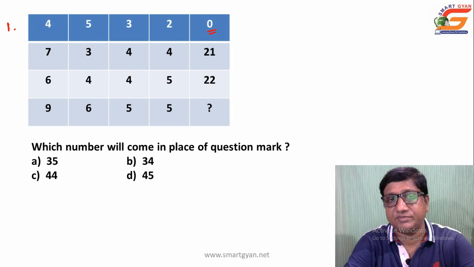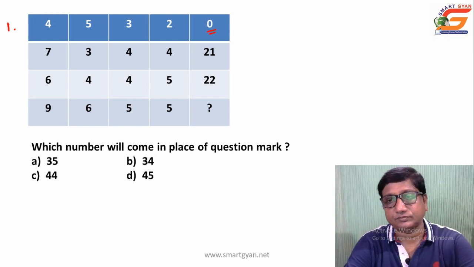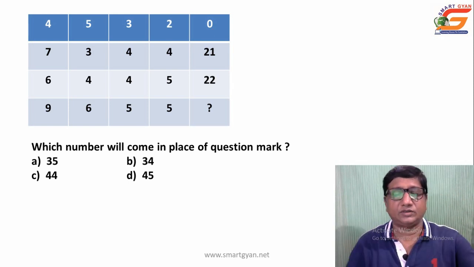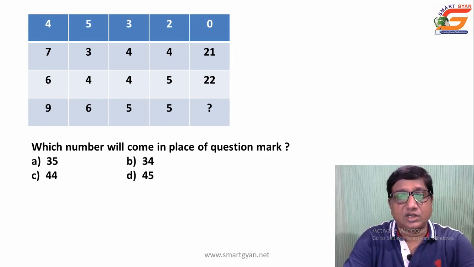Questions are not difficult, they are different. How are they different? You have to analyze multiple data at the same time, and within the least possible time. As it has been specified, there will be 4 questions for 10 minutes. So on average you will get 2.5 minutes; within 2.5 minutes you have to answer one question. How to approach this problem? You can approach column wise or row wise, in 2 ways.